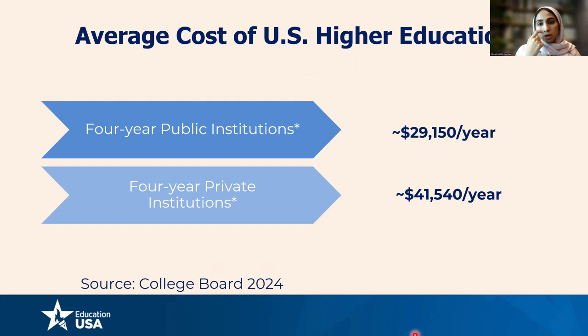Starting off with the webinar, right now you are looking at the average cost of US higher education. The 2 different institutions that we will be talking about today are public and private institutions. On average, this is an estimate on the screen right now. A 4-year public institution is approximately $30,000 per year. Again, this is an estimate. It can be more or less. And then a 4-year private institution is close to $40,000 per year. Again, it can go up to $80,000 as well, or it can go lower, depending on the school and location